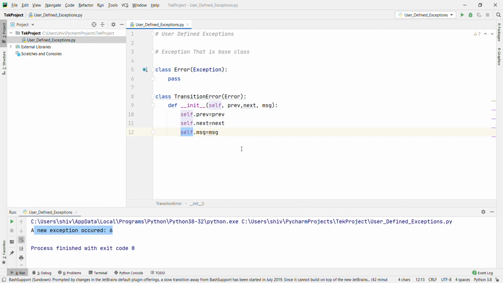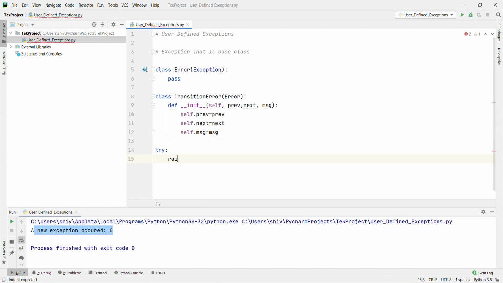Now I am going to raise an exception. Try, raise, passing the user defined error TransitionError, 2, 3 multiplied by 2, not allowed.